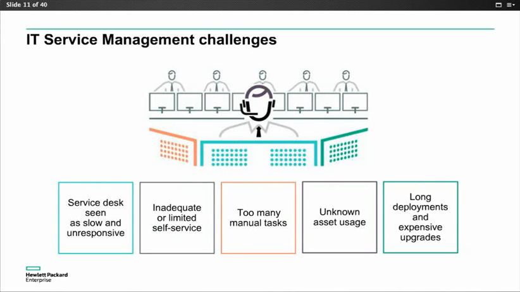The potential for improvement is obvious when we take a close look at the challenges that IT organizations face when running a service desk. Why is that? First, many service desks are seen as slow and unresponsive. In addition, the service desk may offer inadequate or very limited services to employees, and many manual, time-consuming, and error-prone